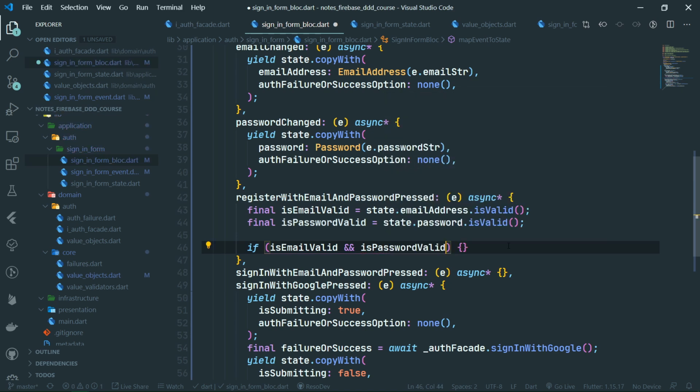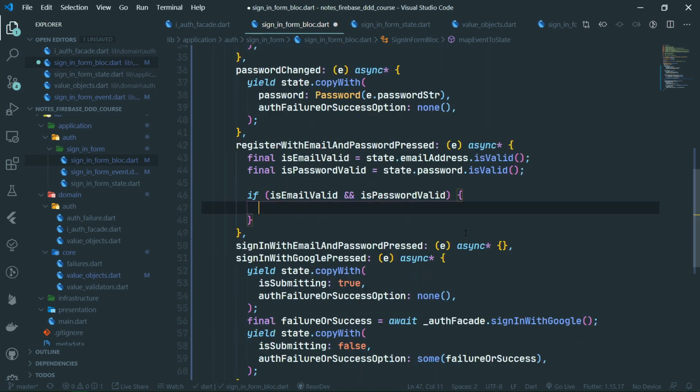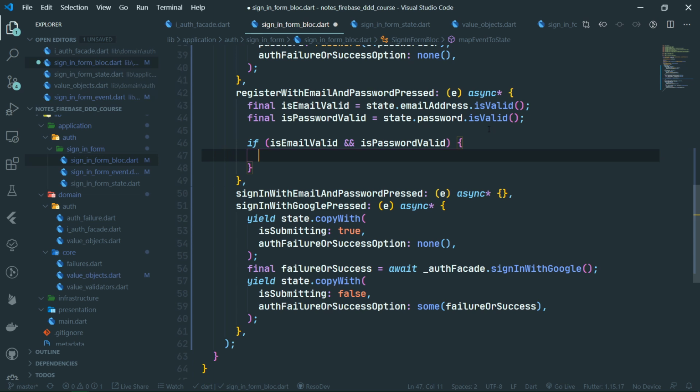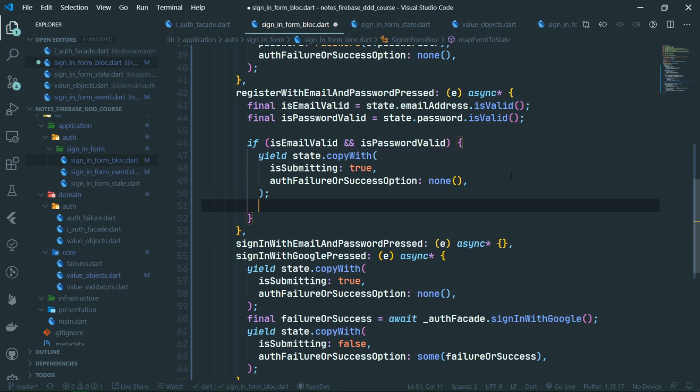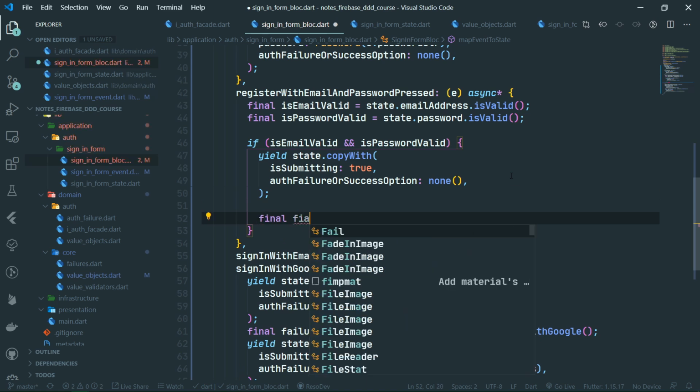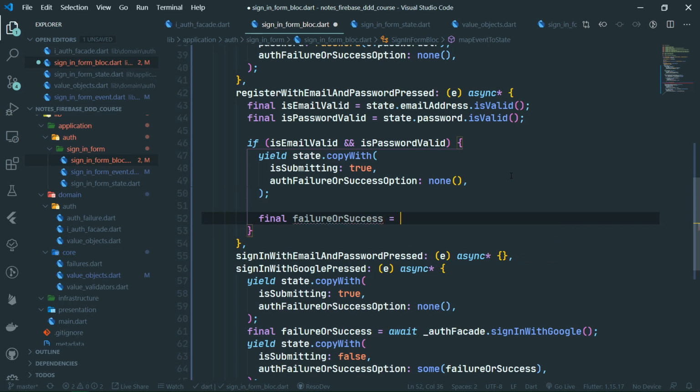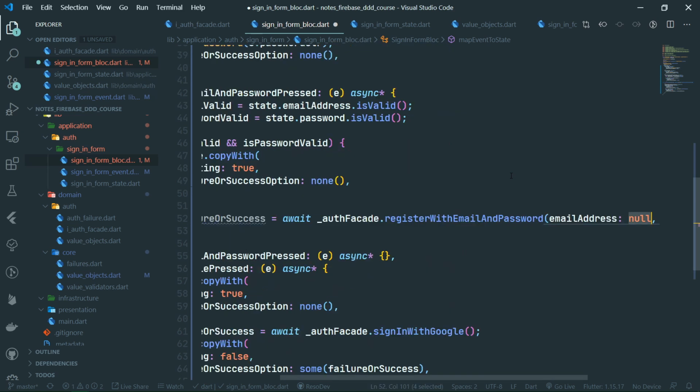And here we go. All right, so as soon as these two inputted fields are actually valid, we immediately want to start showing the isSubmitting progress indicator, because we are in the process of signing in, right? So we are going to again yield isSubmitting true, and again reset auth failure or success option to none for the reasons which I have outlined at least 3 times already. And now we're going to register the user using IAuth facade. So again, final failure or success, and we're going to say await authFacade.registerWithEmailAndPassword,